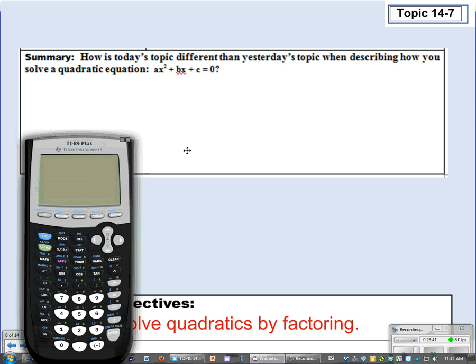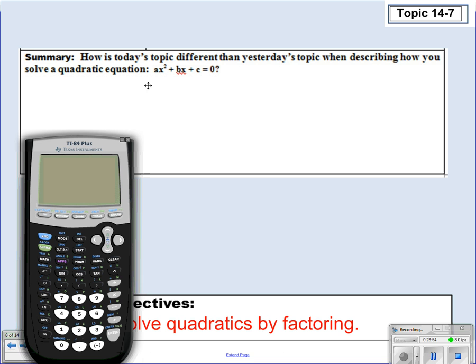So our summary is, how does today's topic differ than yesterday's topic when describing how you solve the quadratic equations? Notice we did the exact same thing as we did before. We still had the same 4 steps, except in our first step, where we said set the equation equal to 0, we now said we want to make sure